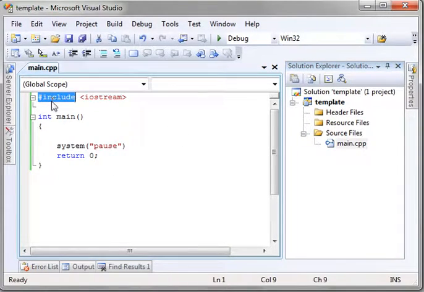The include is a preprocessor directive. What does that mean? It means, hold on,